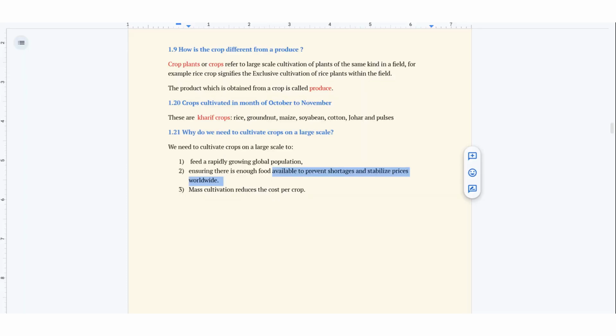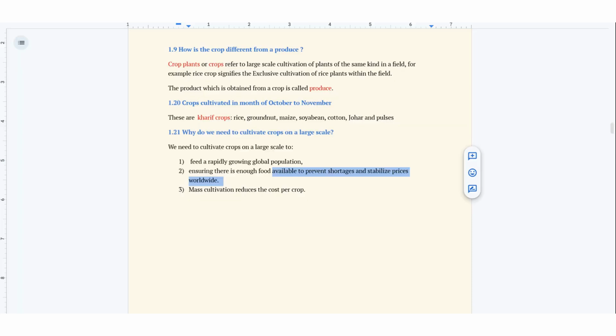Secondly, why is gold costly? Why is diamond costly? Because the production is very less. If gold and diamonds are lying on the road on a large scale, the value will not be that high. It will be very less. It will be equivalent to a stone. So, to ensure there is large quantity of supply, which will stabilize the prices worldwide. So, the second point is that.